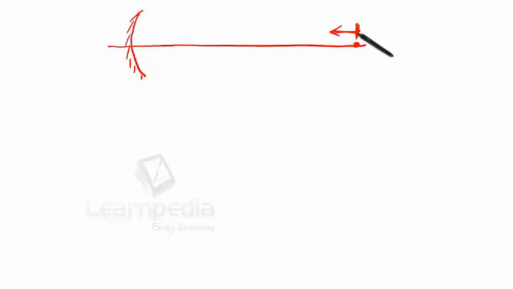the concave mirror from a large distance with a constant speed v, and assume that at a certain instant of time let x be the separation between the object and the mirror, as it is specified here, that we have to find the speed of the image as a function of distance x, which is the distance between object and